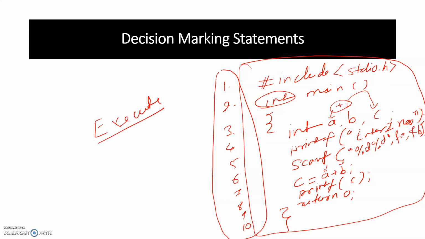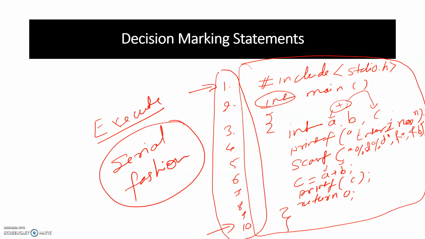This program will get executed starting from line number 1 till line number 10 without any interruption. It means that this program is executing in a serial fashion. If you have not specified any condition in the program, then your program will get executed in a serial fashion. But if you are going to include any specific condition